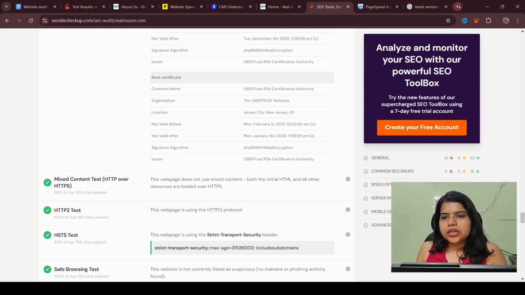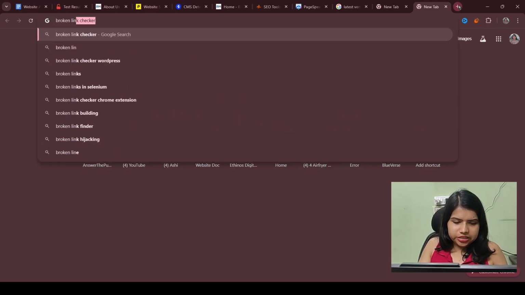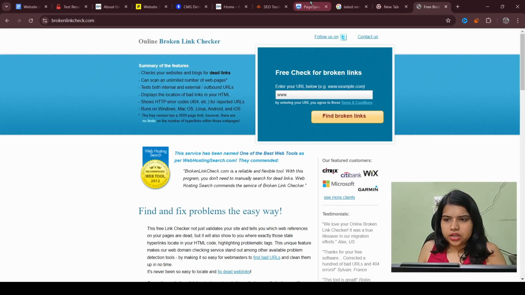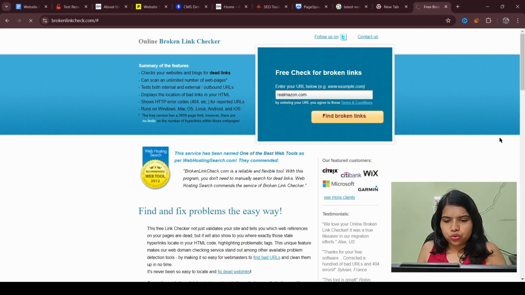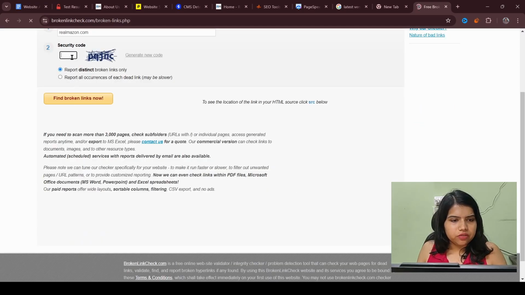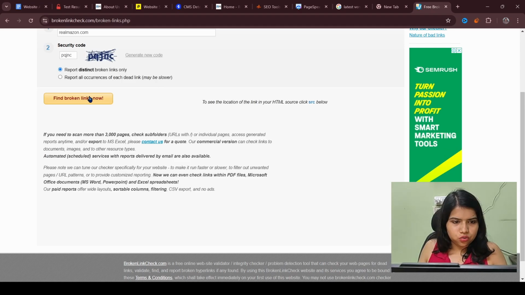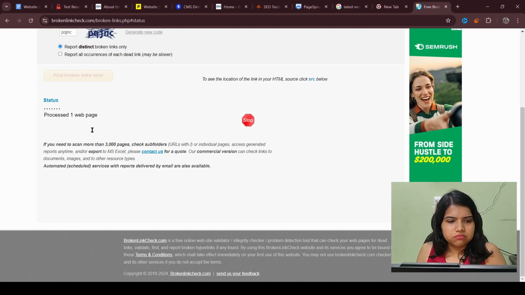And also one of the things that is important from the perspective of SEO is the broken links. There are multiple tools available. You can also search for broken link tester checker. Yeah, here is this one website on which we can actually add our URL. Let's just take the URL once again. Yeah, if we put our website, find broken links, you have to put the captcha that will ensure that we are not a robot. Okay, let's see. Yeah, so it's again checking.